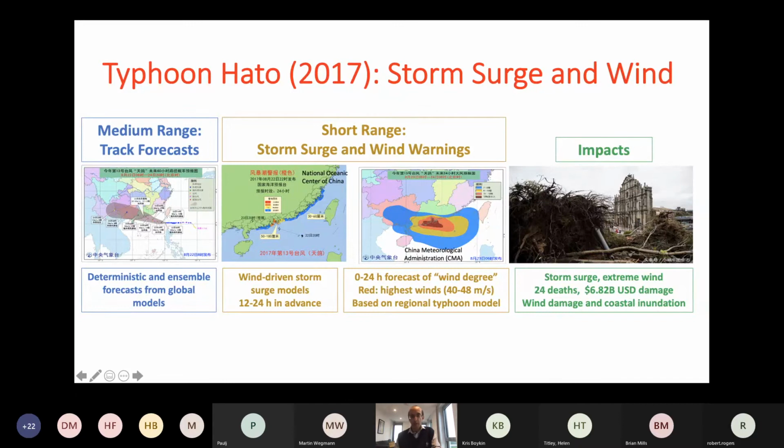So in the short range, those models that involve more of the mesoscale and convective processes are really important to bring to operations. A big challenge in this case was the rapid intensification of the typhoon, that it reached the equivalent of a Cat 2 or Cat 3 typhoon as it made landfall, and this was not really caught 2 days in advance. And there were substantial impacts from both the extreme wind and the storm surge. This was a case of combined impacts at the same time, and the messaging of those combined impacts is sometimes quite challenging.